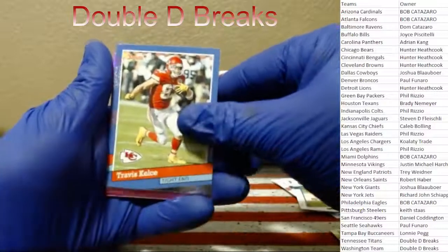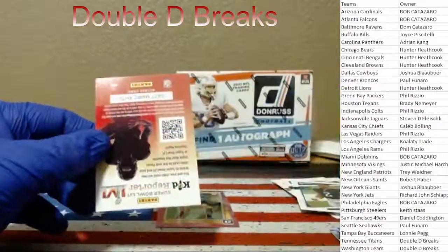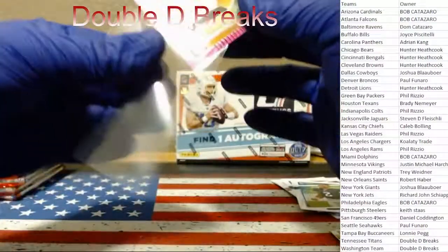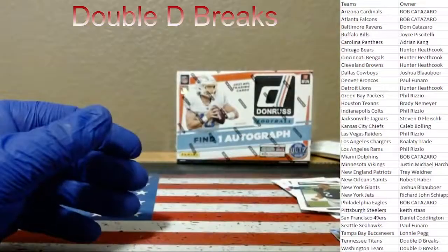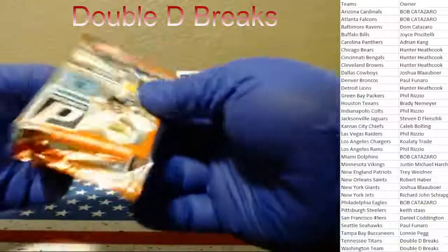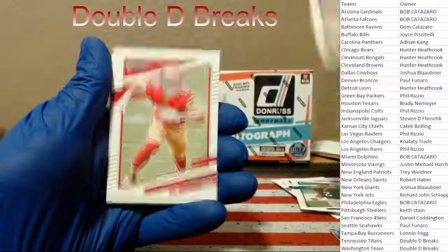Anyway, Travis Kelce throwback, and behind there we go, a nice Najee Harris super short print. And Tommy Tremble and the Kids Reporter. That seemed to be the second pack from the top. Spend the auto every time too now. I believe. Bradley Chubb, Nick Bosa,